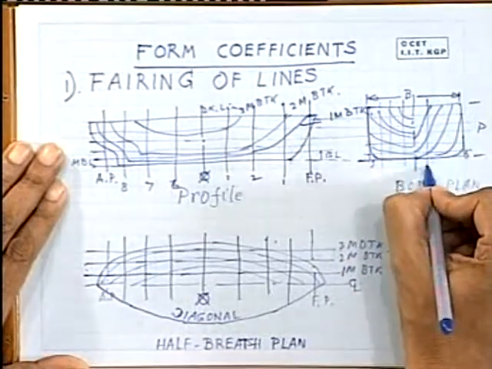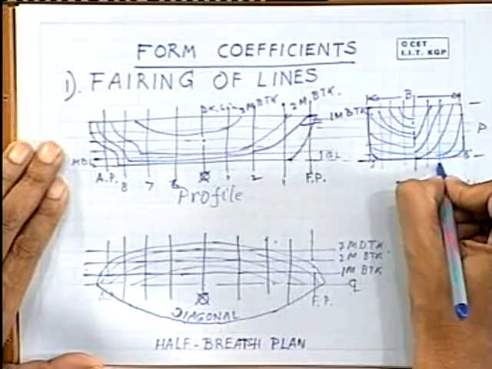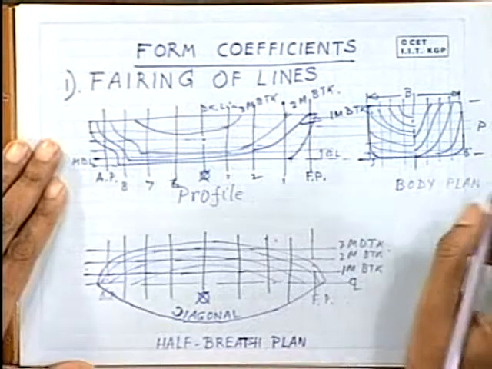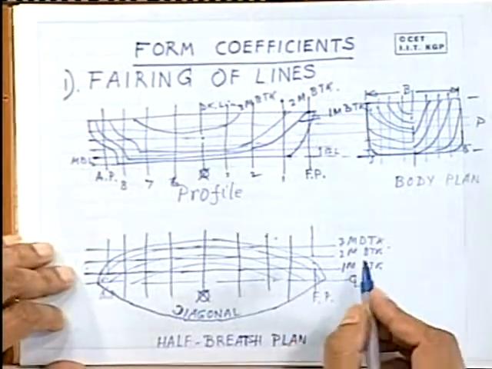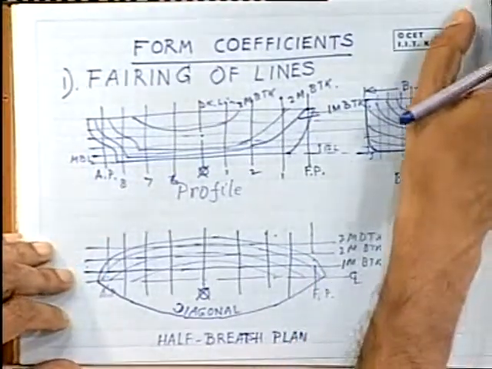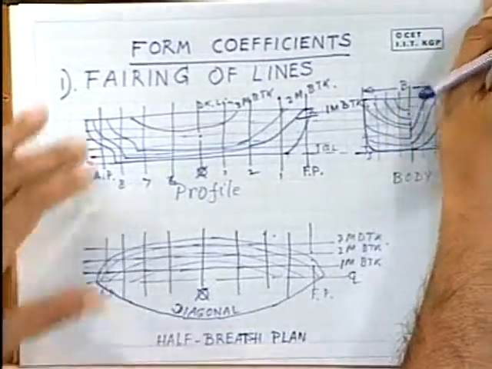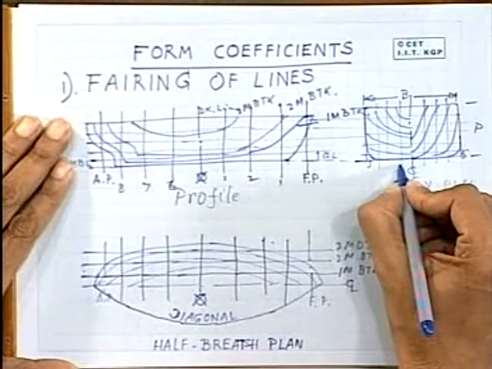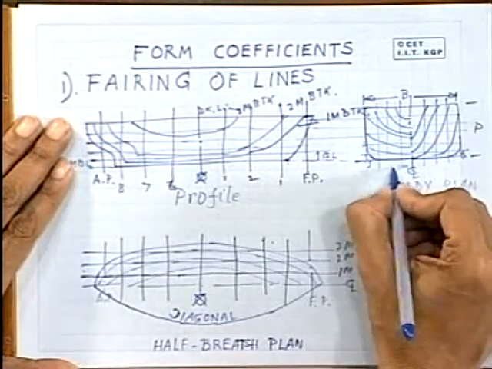But again buttock lines have to be drawn both on the right hand side as well as on the left hand side, because the same distance you can see from the half breadth plan the buttock actually extends both forward and aft. So the same distance from the center line, say this is your 1 meter buttock, 2 meter,